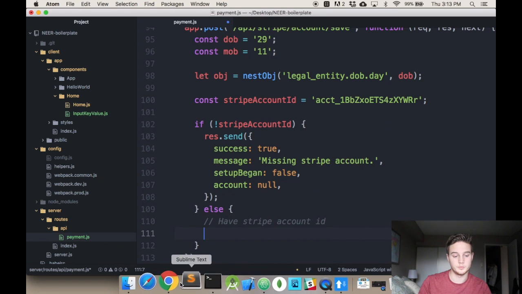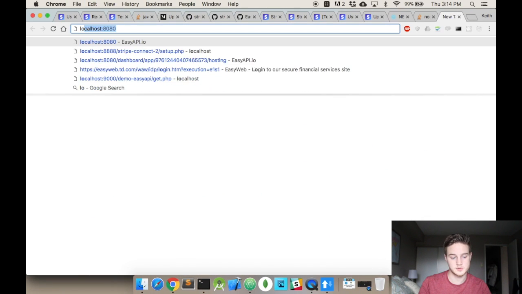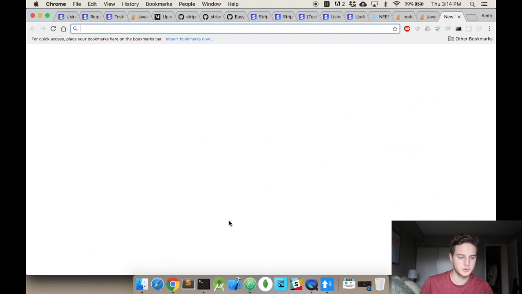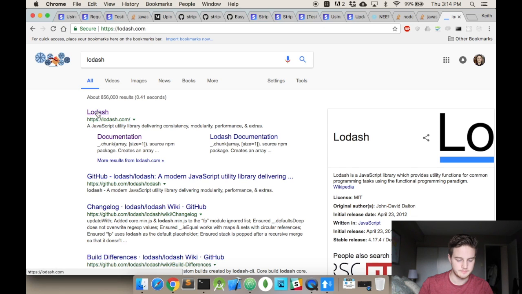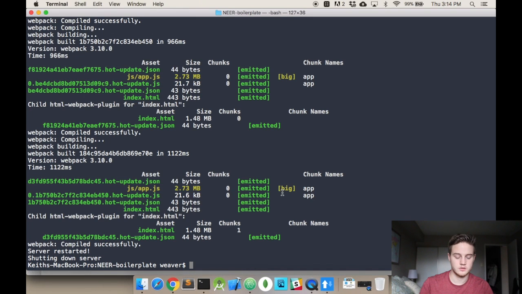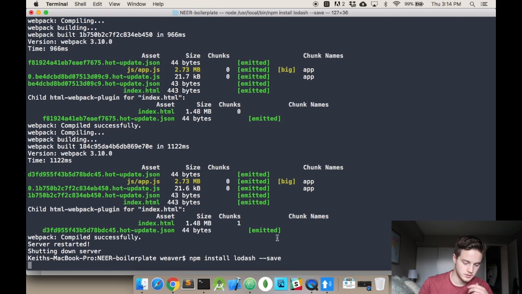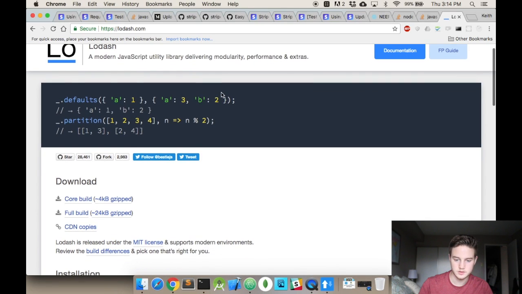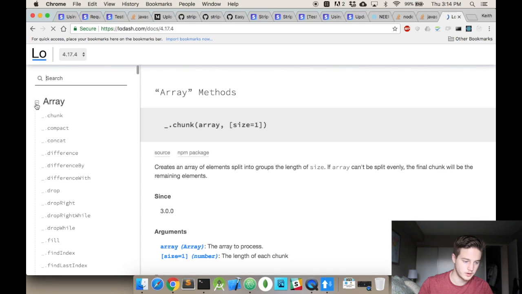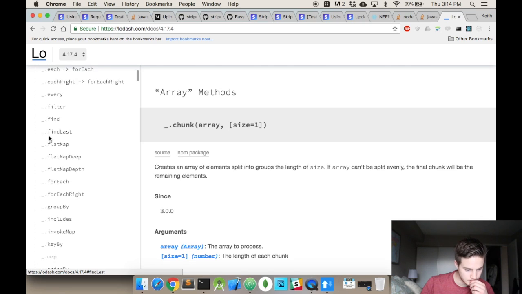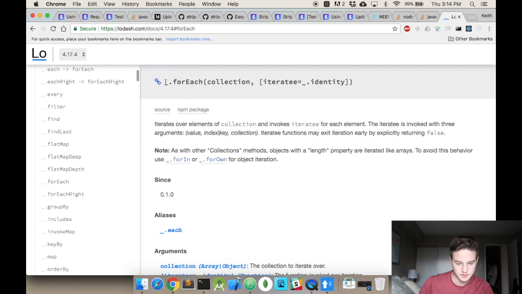Next, we need to loop through the list of object elements. There's a Lodash actually, which we'll use. Lodash is a library that's very popular in JavaScript. So all you gotta do is go to your terminal, do an npm install Lodash --save. That's probably the best way to do this. You just go to documentation. You don't want array, you want collection. And you want this forEach, and the collection would be